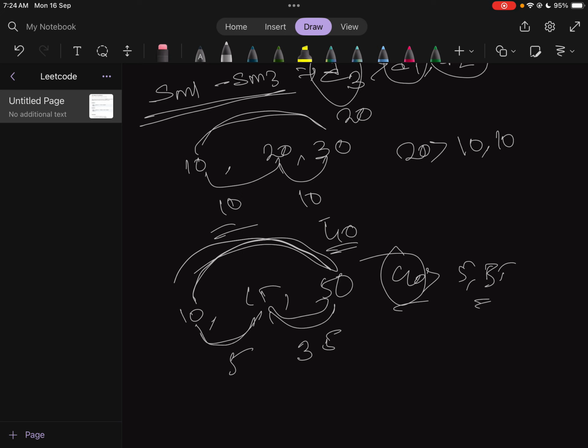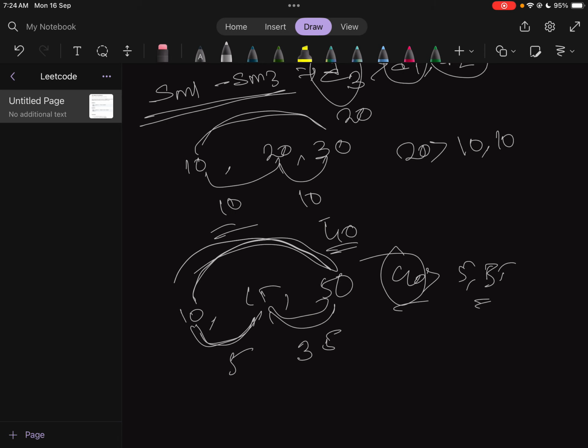What is the minimum consecutive difference? Got it? That's why we sorted this. Otherwise we have to check all pairs and all combinations if we don't sort. And even after sorting, if you use the pair combination, that is also a brute force approach in the worst case. But in this approach, I have said what the intuition is, why I have